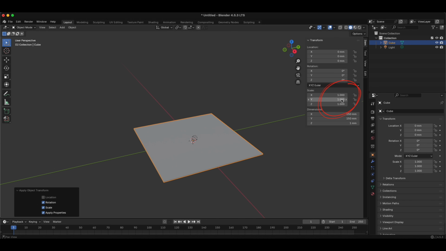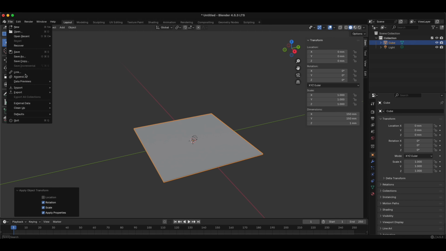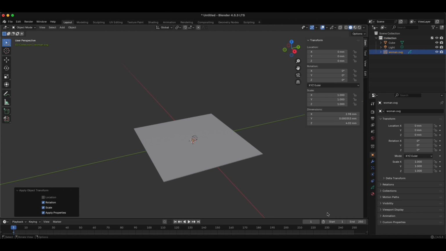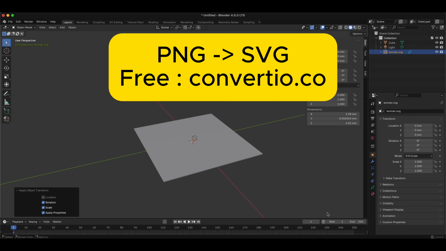So the scale here is 1, 1, and 1. All right. And then we go to File, Import, and we import our image. It will be SVG as grease pencil. Let's click it. Originally, this file was in a PNG format, but I converted it to SVG